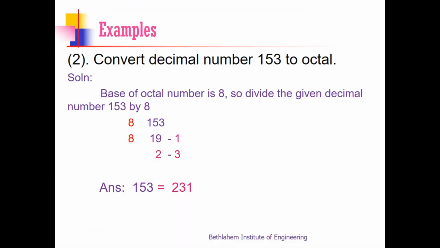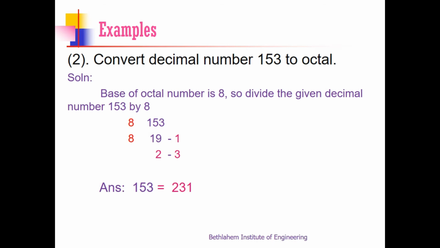Example 2: convert decimal number 153 to octal. So here also, first we have to check which number system it is in. Your number is in the decimal number system and we are asked to convert to octal. Then which part is given? The integer part is given. So if the integer part is given, we have to follow the division method. So 153 has to be divided by 8, because you are asked to convert to an octal number. The base of octal is 8. So you have to divide by 8.